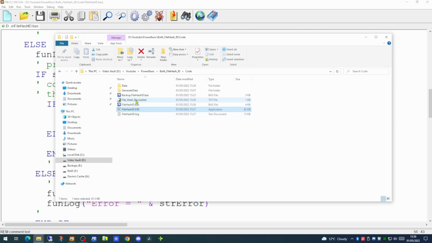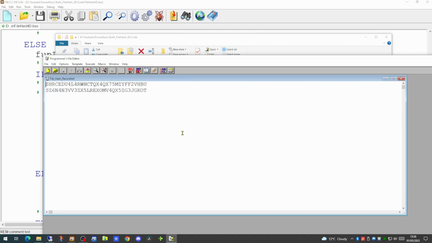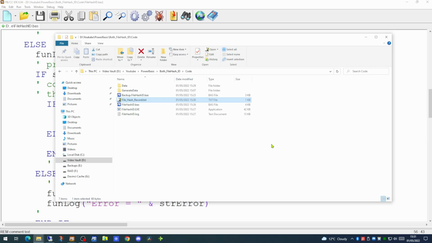If we have a look in the file hash record, we'll see that we now have an entirely different file hash for this particular file. So even making a one-character change to a single file will change the file hash that is generated against that file. However, even if you change the name of the file or the date and time at which the file was created, it will still generate the same hash record because the content of the file is exactly the same as it was before. So we now have a very easy mechanism by which we can determine the content of a file and whether it has changed since the last time we saw the file.